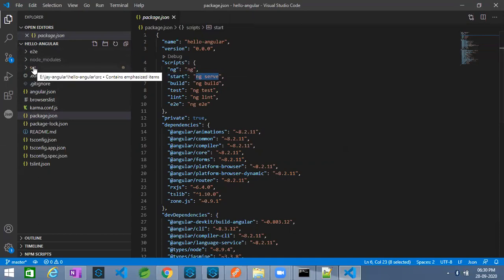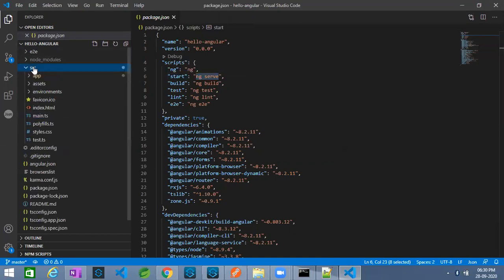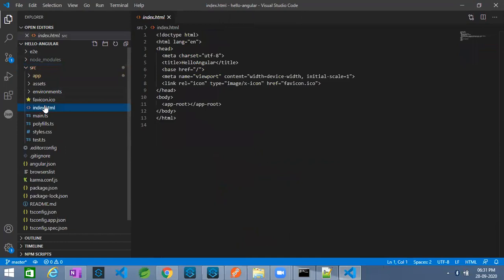Typically your Angular 2 or Angular application starts executing from your index.html. Your index.html is like a main method in Java or C++ or C. So your index.html is the entry point from where your Angular application will start executing.